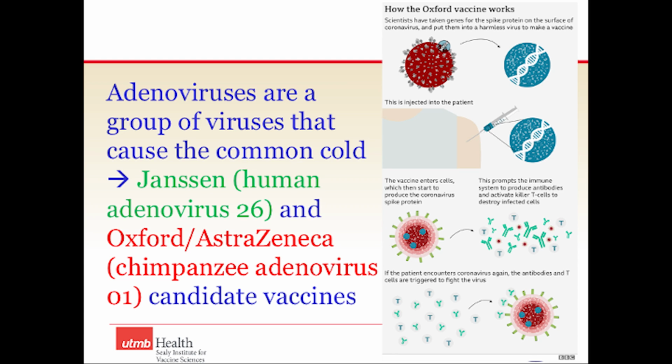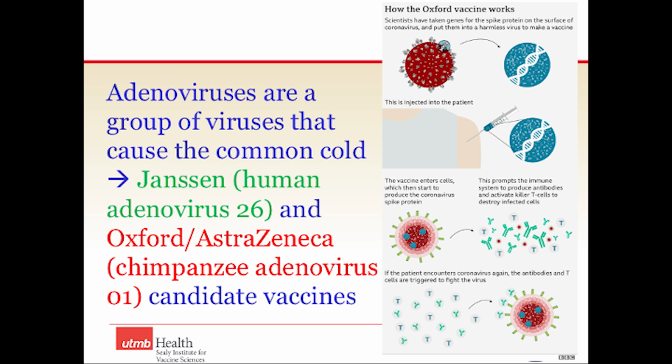If we move to the adenoviruses, in this country we have the Janssen based on human adenovirus 26. And the idea here is adenoviruses cause common colds. Some of these are very rare, such as adenovirus 26. Not many of us have an immune response against it, and it's not a very virulent virus. And so you can use that as a vector to carry a foreign gene, such as the spike protein of SARS-CoV-2. It's made defective, so it only goes through one round of multiplication,